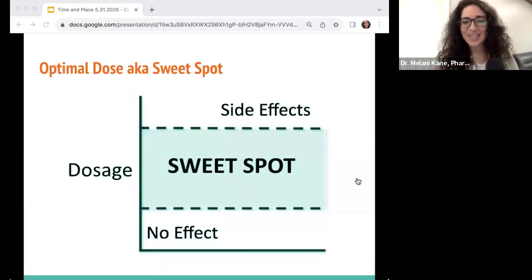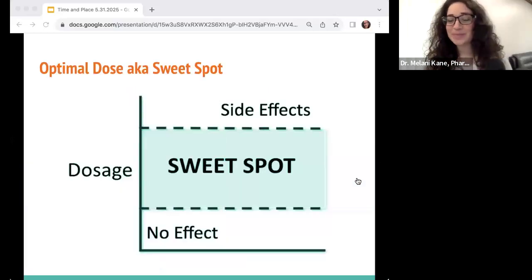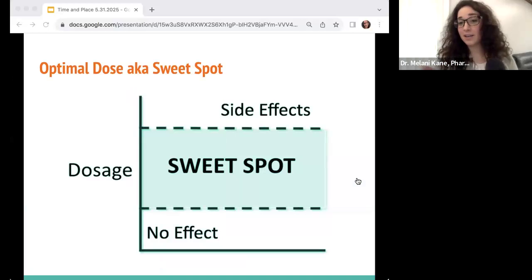All right, a last section here. So we have the sweet spot. So this is the embodiment, another figure I'll draw for patients, but this is the embodiment of start low and go slow. I would rather start someone and have no effect, so at the bottom of this figure, because we can always take more. If we start and have a side effect, they're going to be less likely to want to try it again.